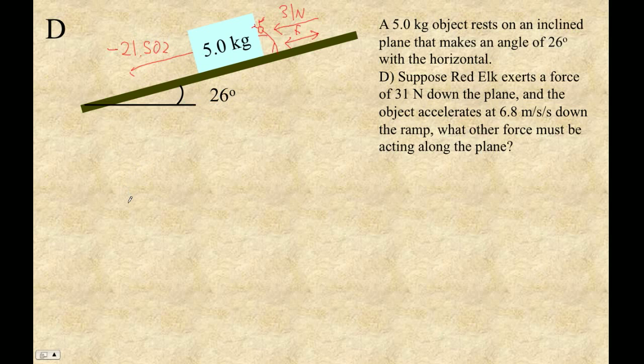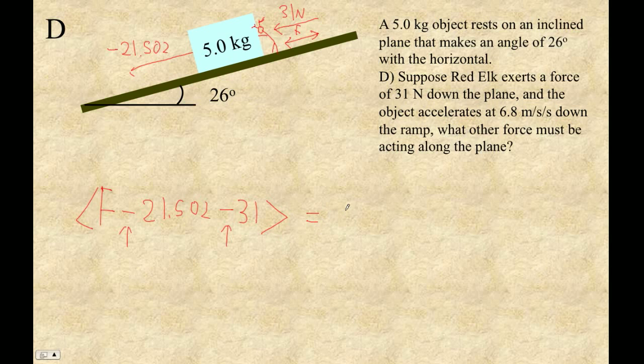So now our force situation looks like this. We've got an unknown force, and then we've got minus 21.502 down the plane. We've got the 31 newtons that Red Elk is exerting, and that's down the plane, so we're making that negative as well. Parallel force is always negative. And that's our force picture: unknown force, parallel force down the plane,